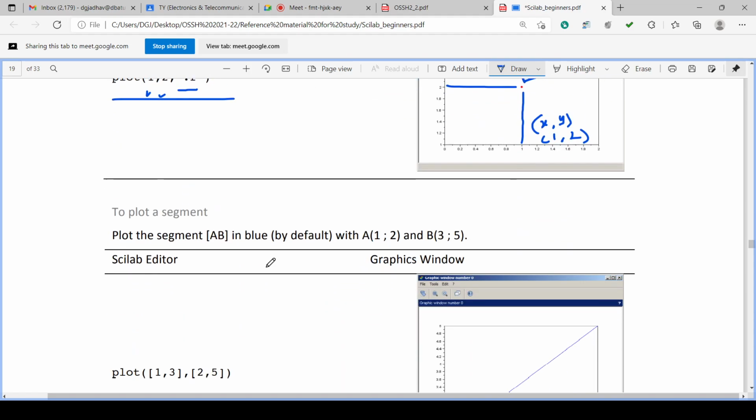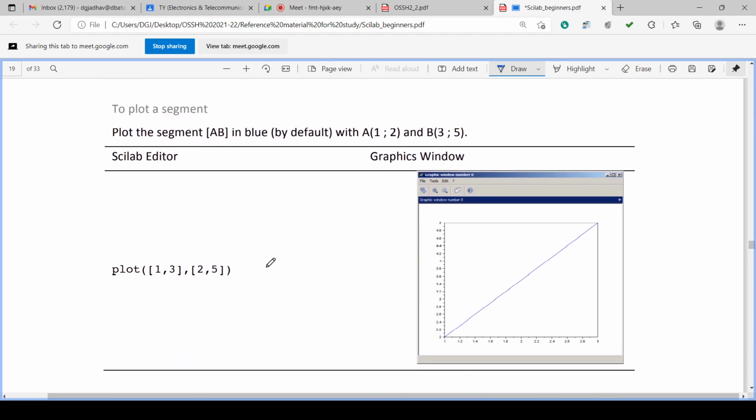Okay, so similarly here two vectors are given, x and y. One has values 1 and 3, the second has values 2 and 5, but no color and no symbol is mentioned, so it will take the default, blue color and this. So it is plotting 1 with 2, and 3 on x will have 5 value.